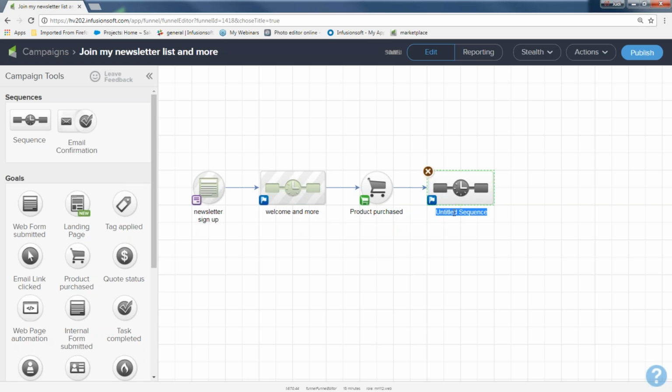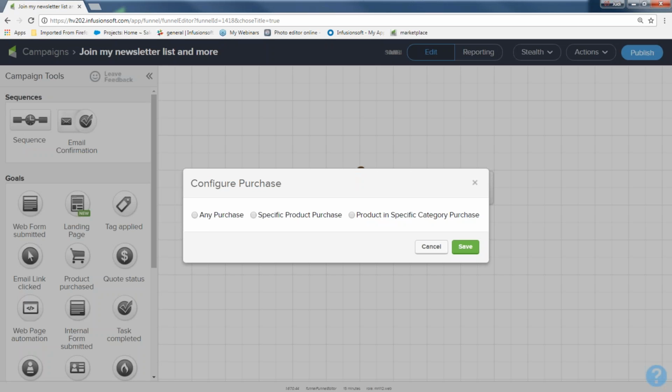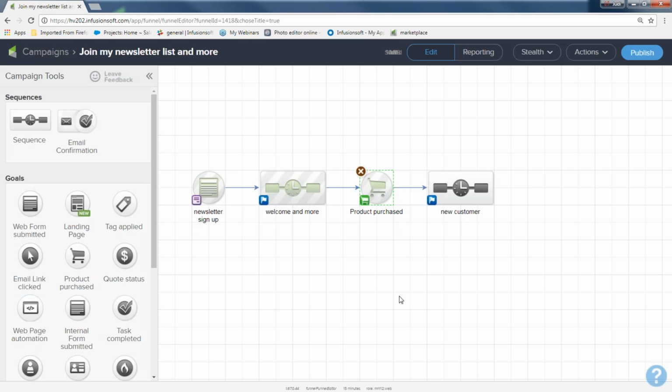And this sequence would be new customer, goal, sequence, goal, sequence. I'm going to double click this shopping cart and I'm going to put any purchase because I only have one product because I want to show you how it works. When I'm done with my campaign and I'm ready to publish it, I'm going to come up to publish and